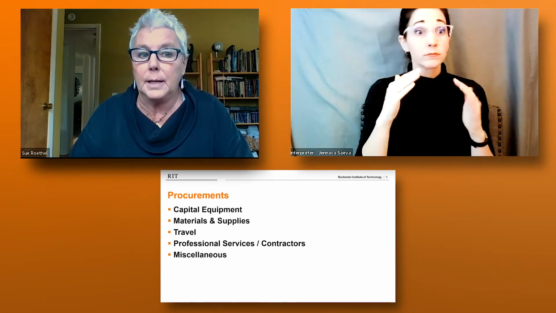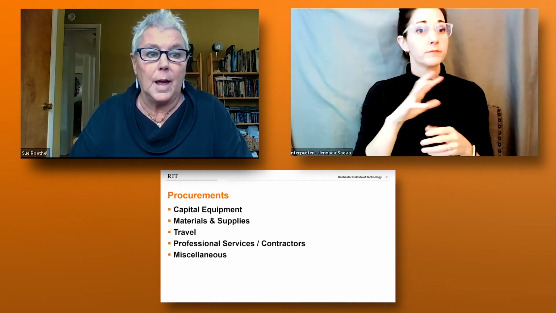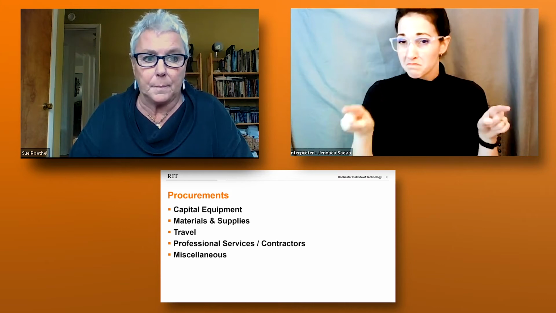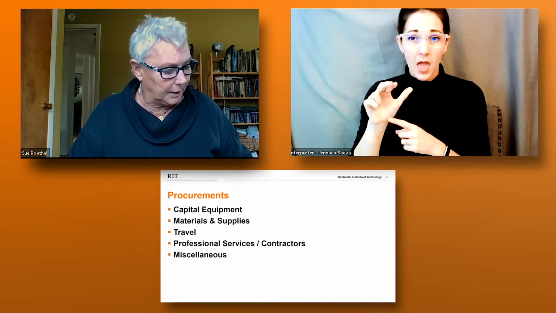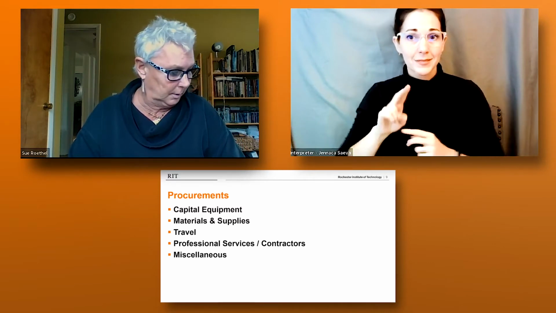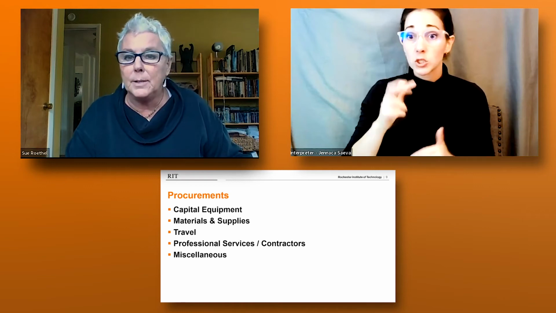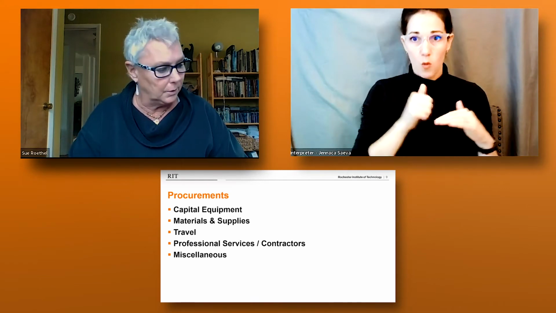And then independent contractors, and then miscellaneous. The miscellaneous could include payments to human subjects, publishing expenses, GRA payments you'll see under procurements,